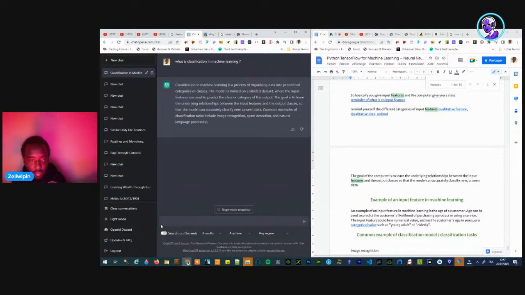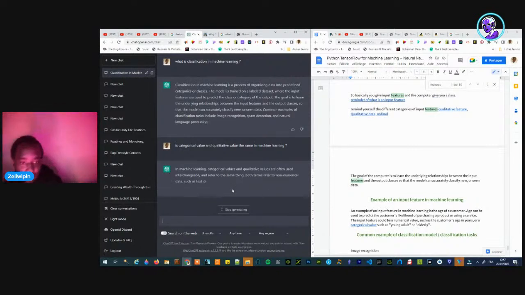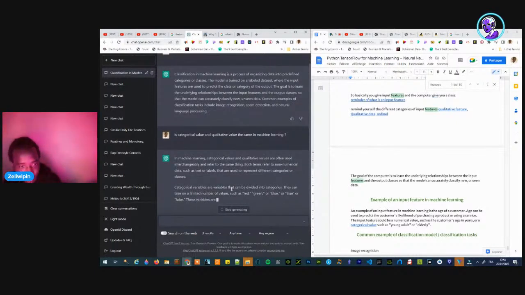I'm asking a question: is categorical value and qualitative value the same in machine learning? Because it looks like it's the same. In machine learning, categorical values and qualitative values are often used interchangeably and refer to the same thing.